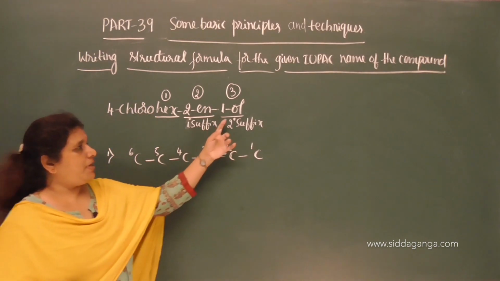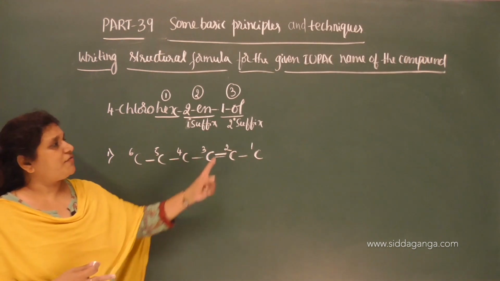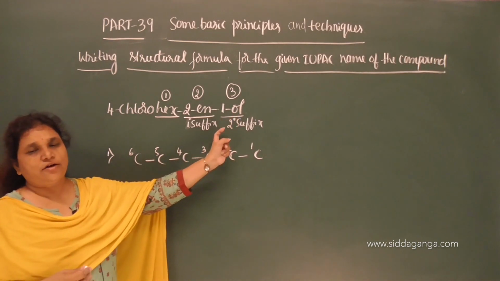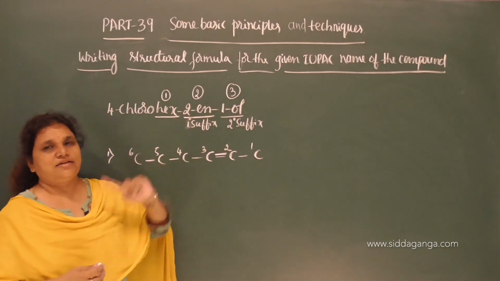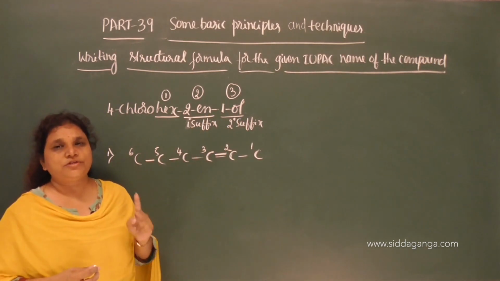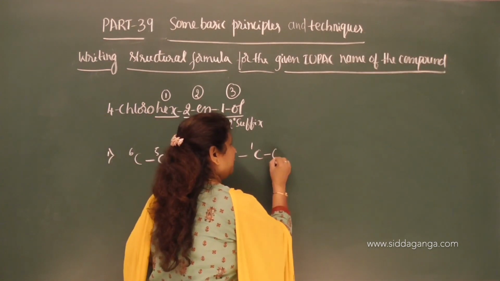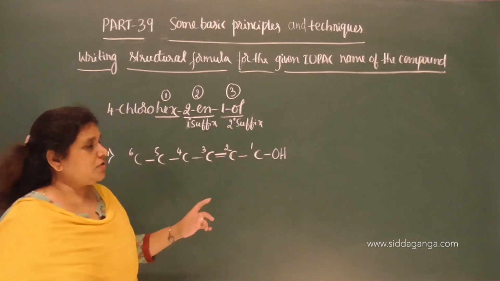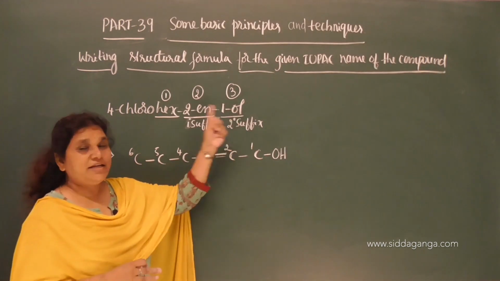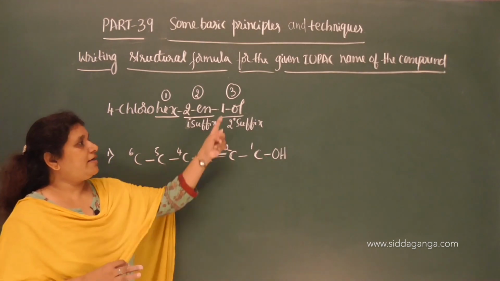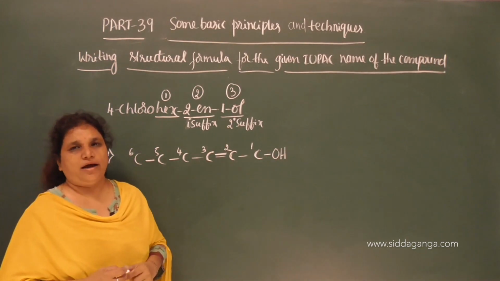Now here, on the basis of secondary suffix, what is the functional group? Identify the functional group. OL secondary suffix comes for the alcohol functional group. Therefore, on the basis of secondary suffix in the given compound, the OH group is present and that OH group is on the first carbon. Therefore write OH here. So since OL is the secondary suffix for the alcoholic functional group and we identified the functional group as OH, and it is on the first carbon, therefore I have given OH on the first carbon atom.